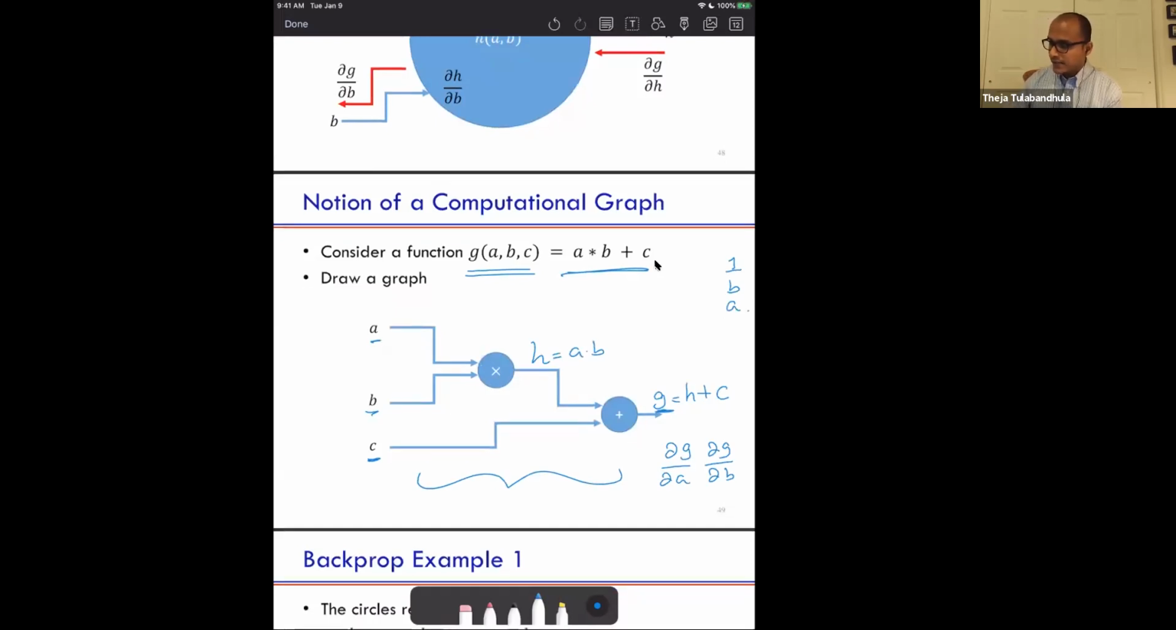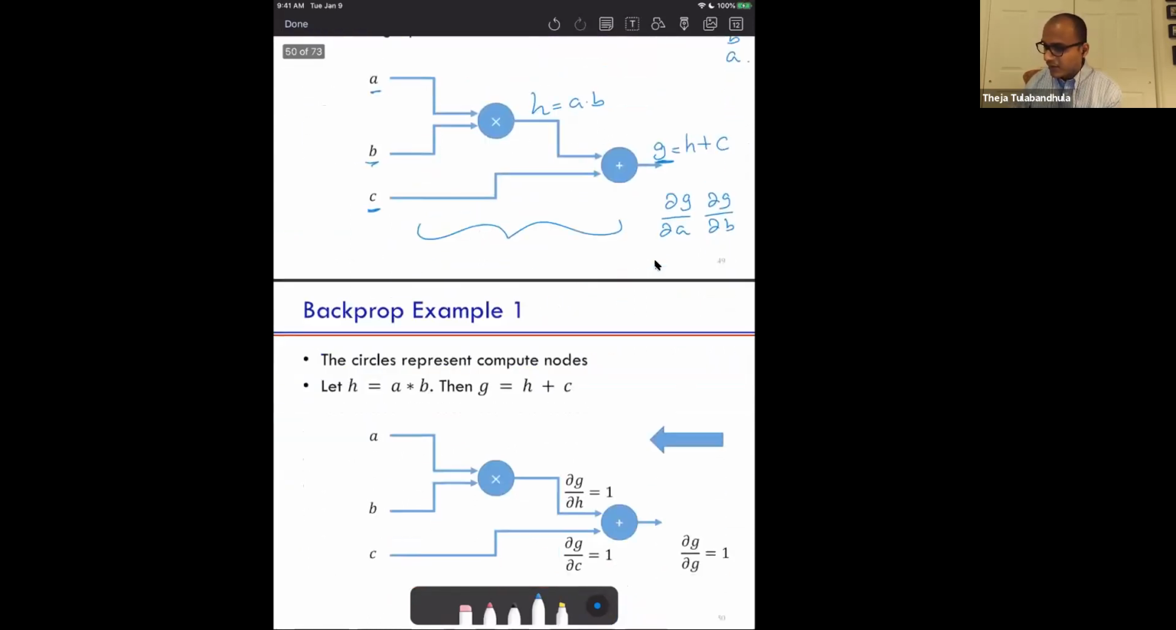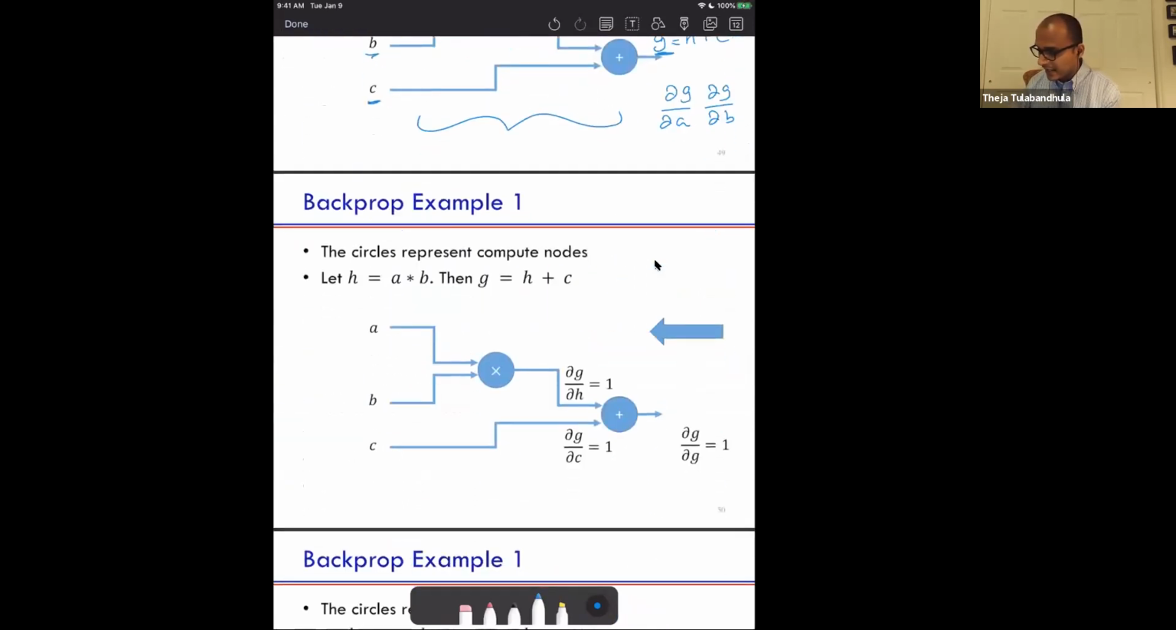So you can just eyeball, but what we're going to do is do a backprop step. That's captured in this slide. What we're going to start with is the final output G. So gradient of G with respect to itself is 1. This is our starting point. And we know that G is equal to H plus C. So when a function G is equal to H plus C, G's inputs are H and C, right? Those two things,